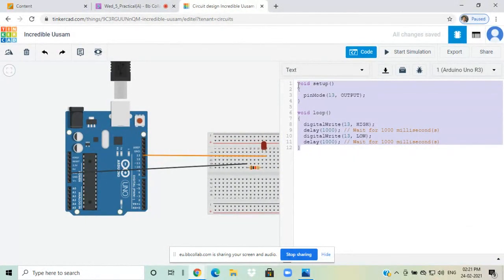When we make the circuit, this Tinkercad software provides the code by itself as we connect the LEDs. Because the pin is connected to pin number 13, by itself it sets pin number 13 as output. If you want to put your own code, you can also do that.